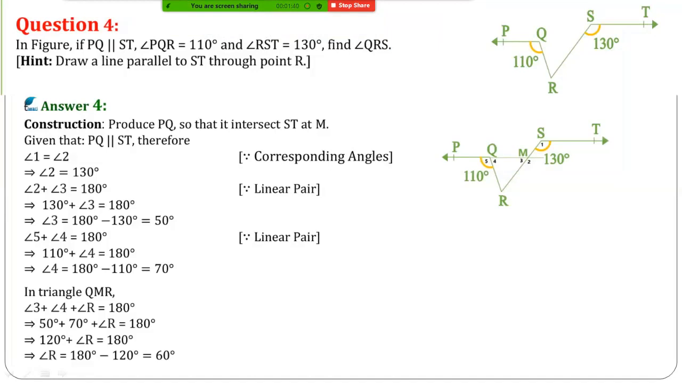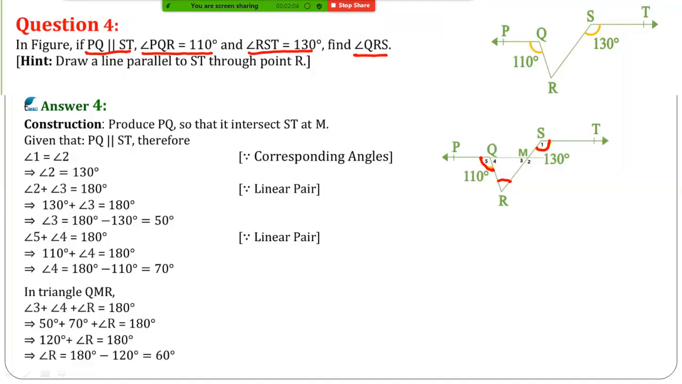So our question number 4 is: in the figure, PQ is parallel to ST, angle PQR is equal to 110 and angle RST is equal to 130. We have to find the value of angle QRS. So this is the figure. The value of this angle is 110. The value of this angle is 130. We have to find the value of this angle